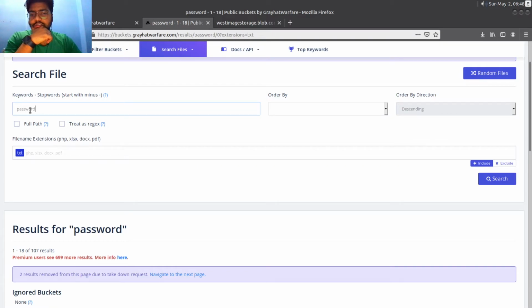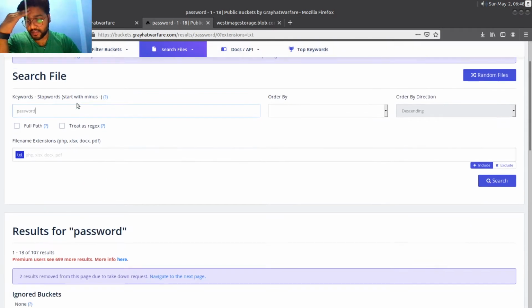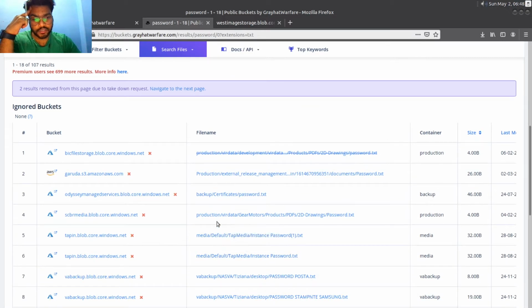So what I wrote here is password and .txt file. I want it to give me the AWS S3 buckets which contain password and txt file, right? So what it does is, see, it gave me backup certificate passwords, product data, gear, motors, products, PDF, 2D drawing password, this.